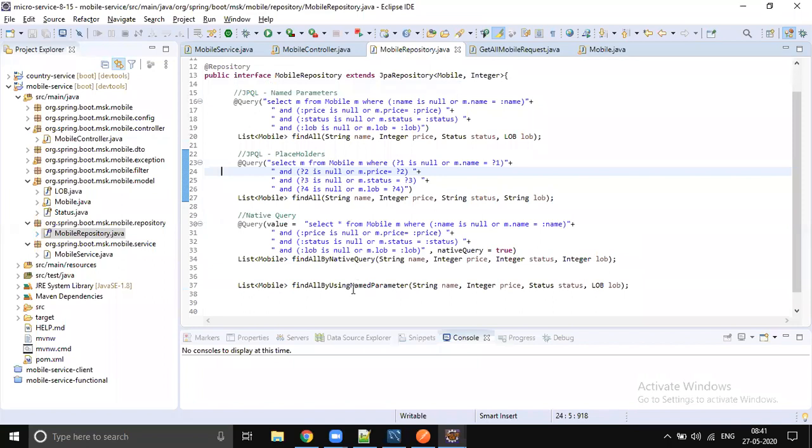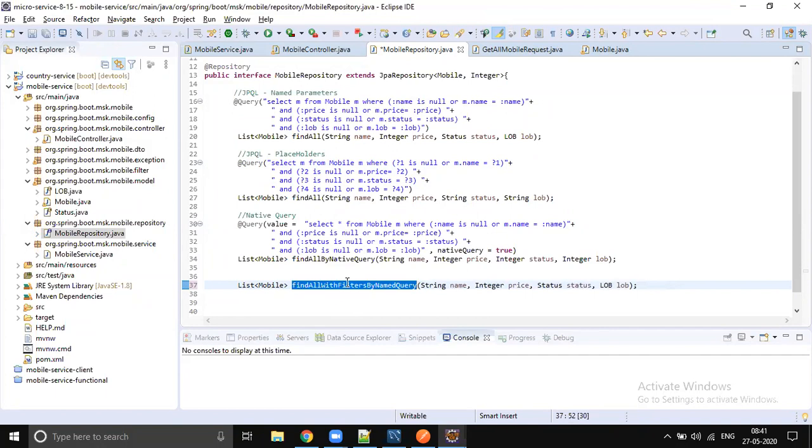So let's change this name to find all filters by named query.